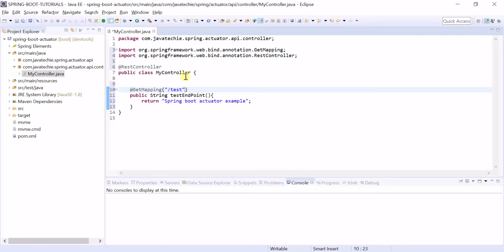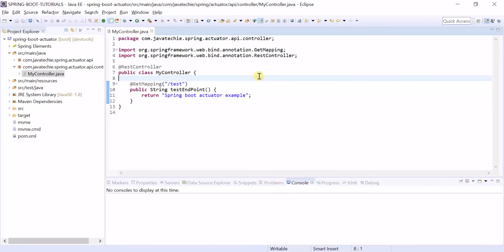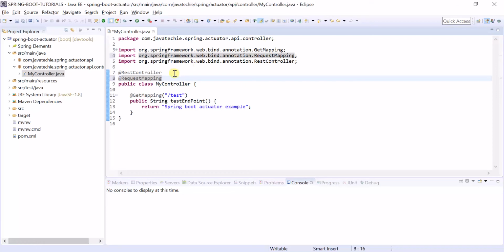Okay, let's specify one root URL, RequestMapping. Now give Spring Boot Actuator. Okay,